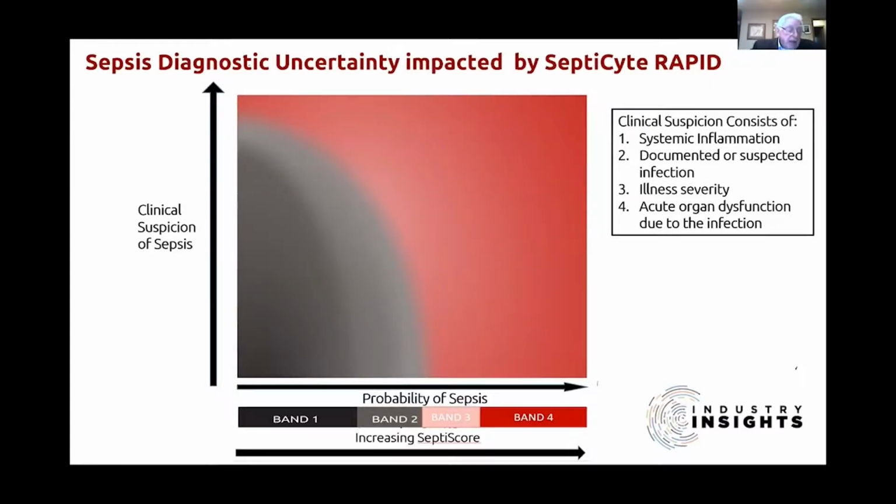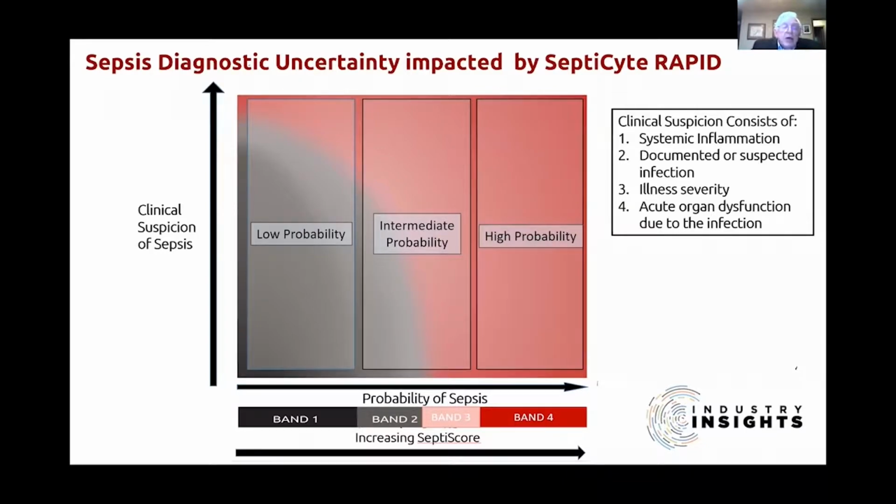This slide demonstrates how Septicide Rapid can impact this diagnostic uncertainty, with clinical suspicion of sepsis on the y-axis and probability of sepsis as indicated by the septic score on the x-axis. Clinical suspicion is defined as having one or more of the following: signs of systemic inflammation, documented or suspected infection, the severity of illness presentation, and acute organ dysfunction as measured by SOFA or qSOFA due to infection. Next,